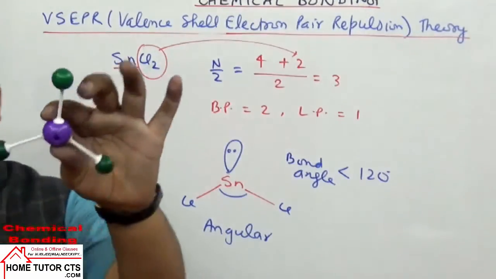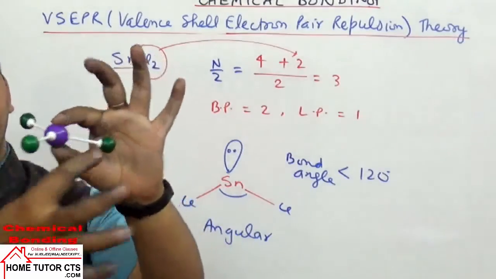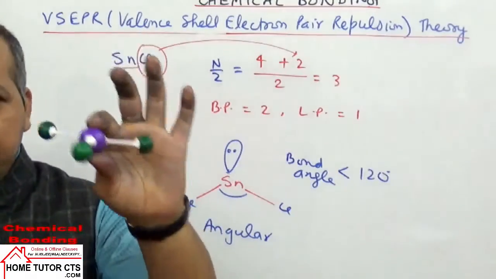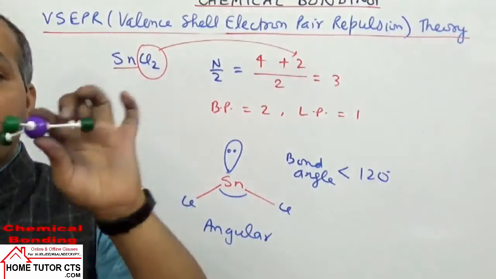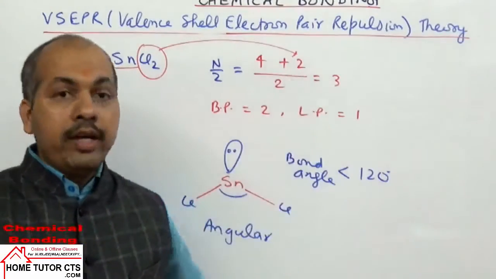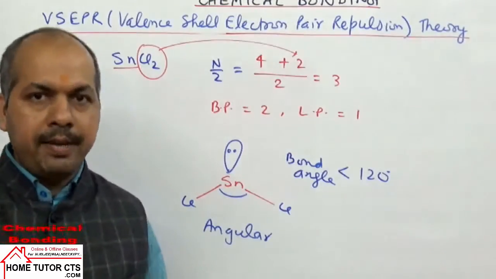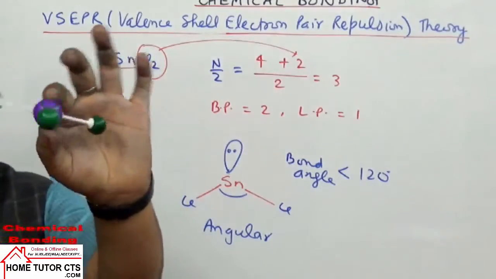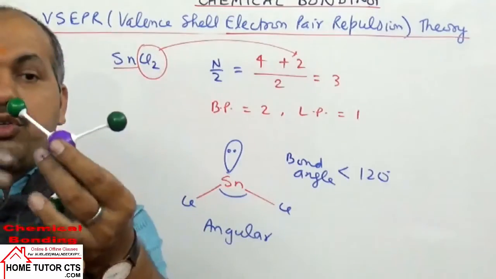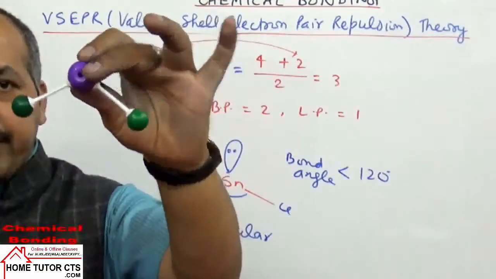Suppose we take the previous case. We have boron at the center, with 3 chlorine placed at the 3 corners of a triangle geometry. Now in the same geometry, if I place one lone pair, remember, if we have the same n by 2 value, then we have the same geometry. Geometry means the expected shape will be the same. So n by 2 = 3 means the expected shape is triangular planar. Now they have got one lone pair, so you remove it. What remains? The shape remaining becomes angular.